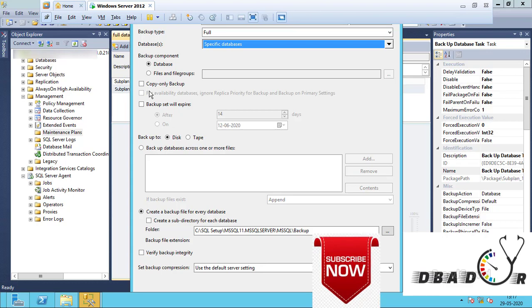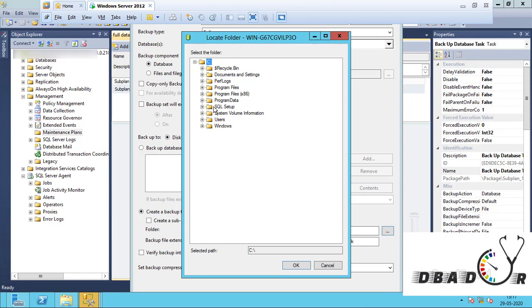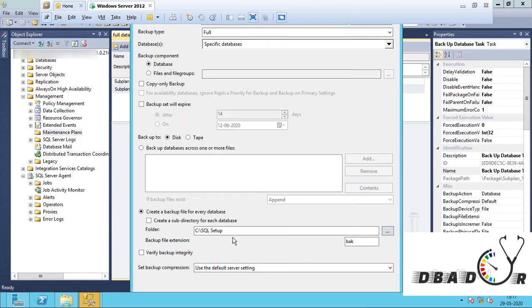Here backup locations are already present, that is our default location, but I'm taking one location. Okay, so here we have some other options, very interesting. Create a backup file for every database. Create a subdirectory for each.